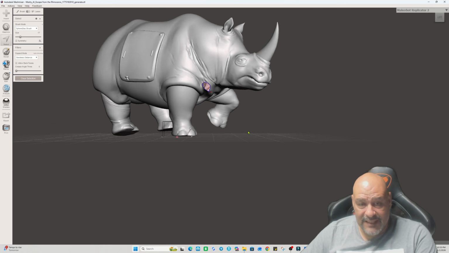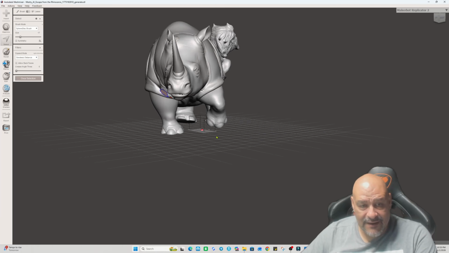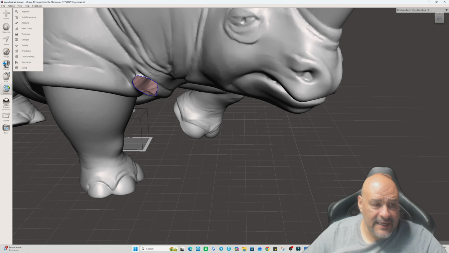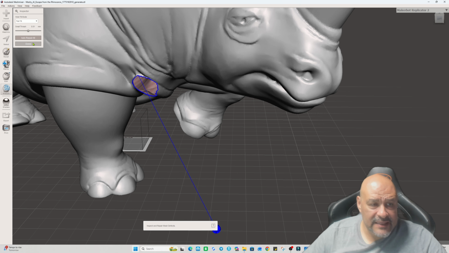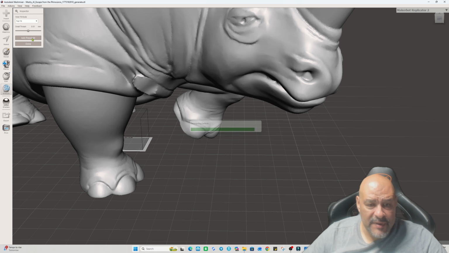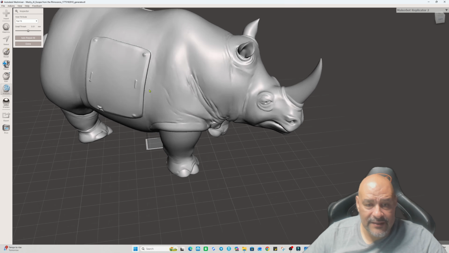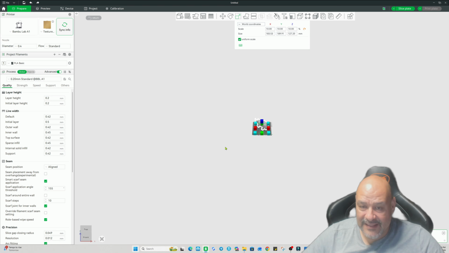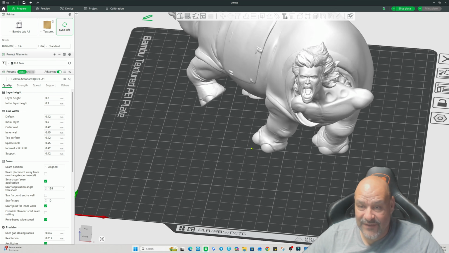I think it fixed it, did it? Okay, we got rid of it. We're still going to have to fix the gap. So analyze, inspect, auto repair. Let's see what it does. Okay, it did a good job. Got rid of it. Does the job. And because it's a huge file, so